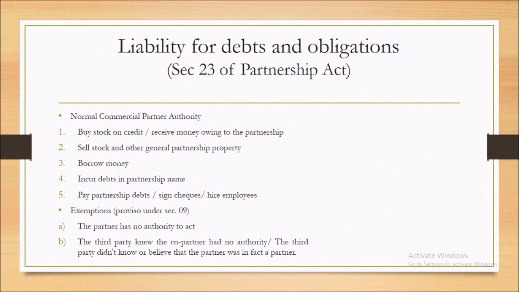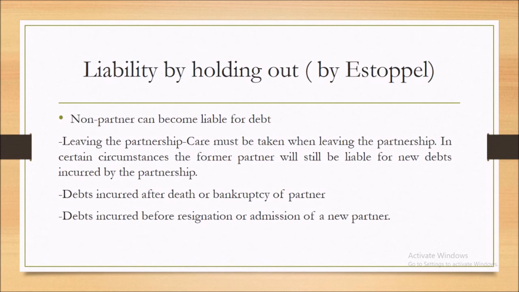That is actually not a joint liability, right? That comes under single liability, or let's call it not the plurality, right? That comes under the single liability. So that particular misperformed partner is held liable for all these acts, so the third party can sue him. Okay. Then liability by holding out or by estoppel.